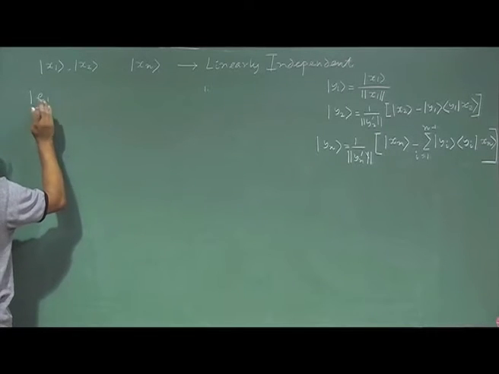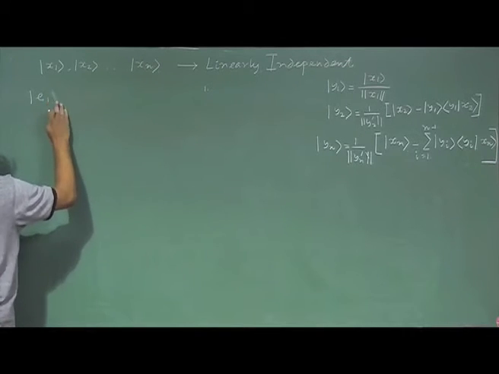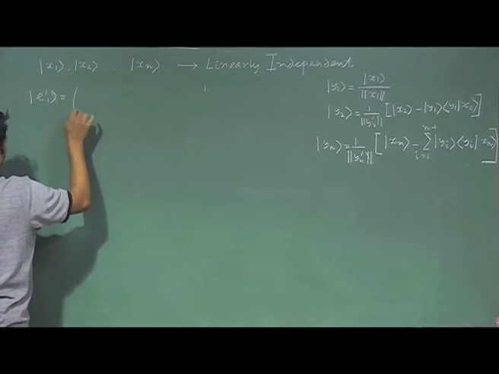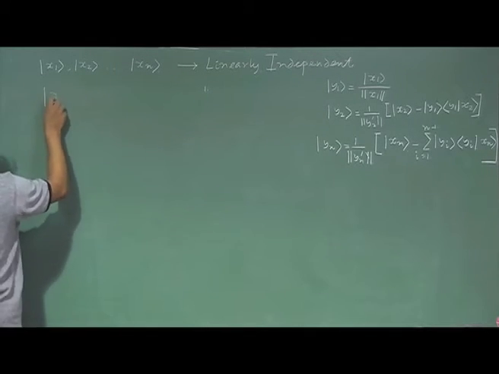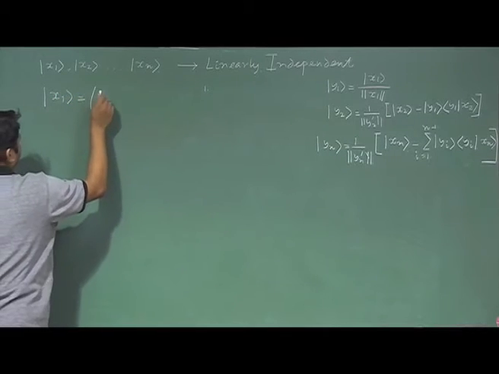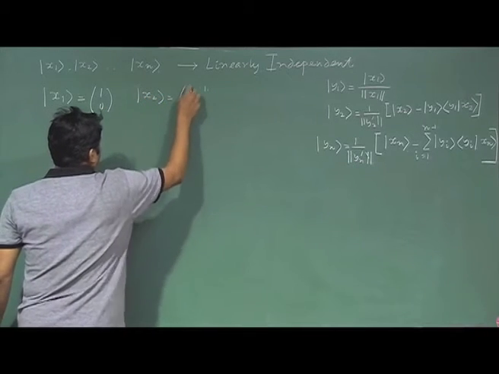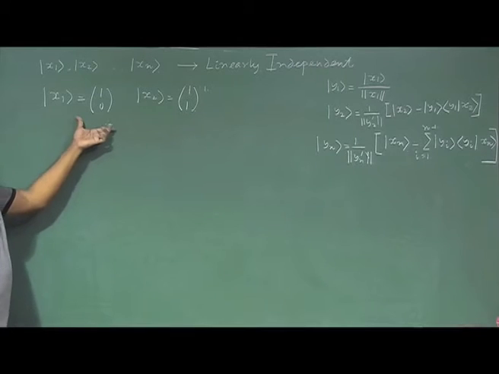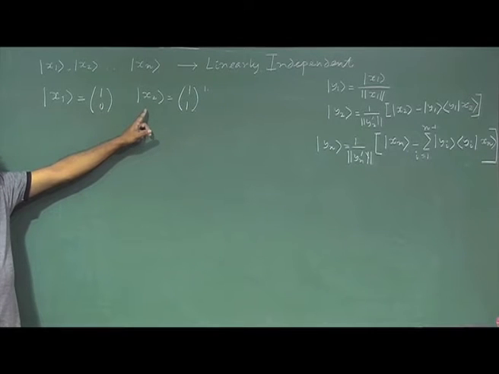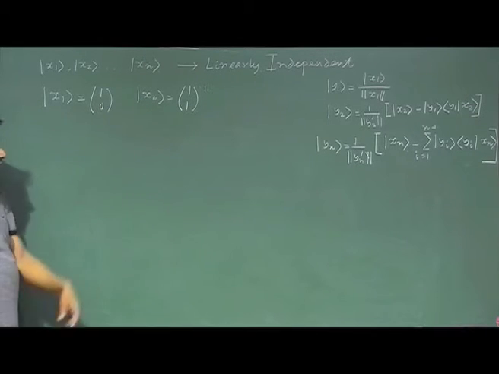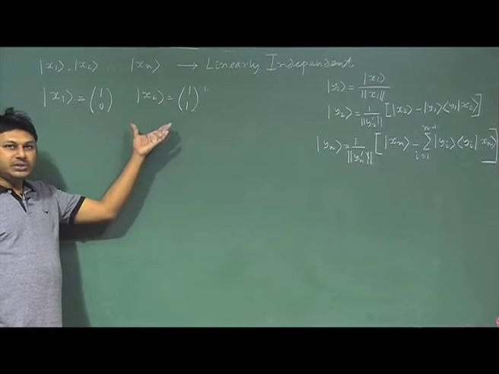Two vectors, better to write it in normal notation x, y because it will be easier. Say x1 is (1, 0) and x2 is (1, 1). These two vectors are given. You can note that these two vectors are not orthonormal to each other. I need to find two vectors y1 and y2 which are orthonormal to each other using these two.